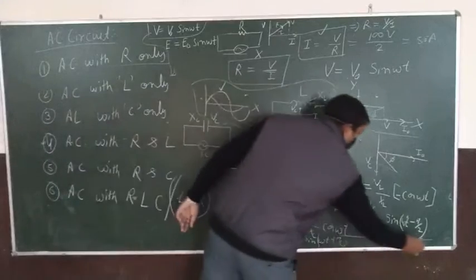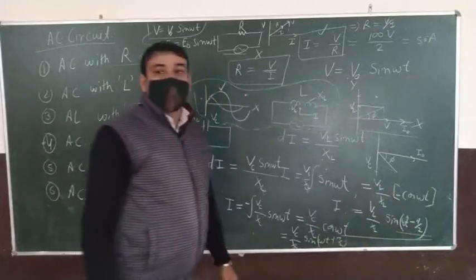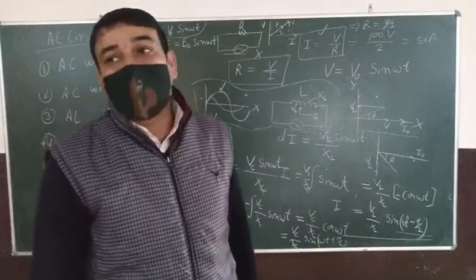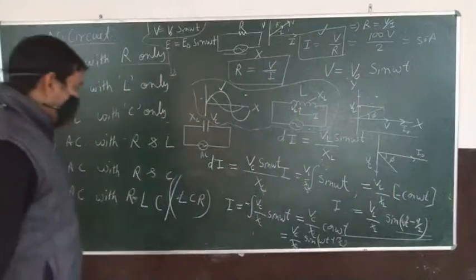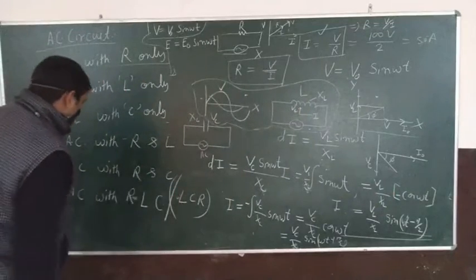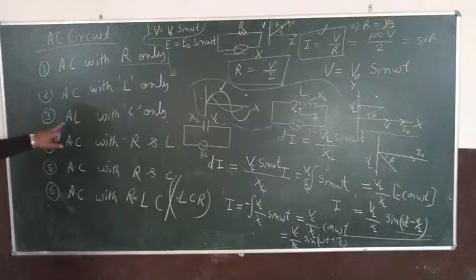This explains, or gives an idea, that the current in the inductor always lags behind the potential across the circuit. And next is